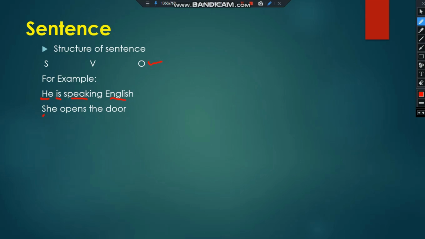Then we have this one, she, which is also a pronoun and used instead of a subject. This is a verb, and then this as a whole is the object. So this is how sentences in the English language are made with the help of these three important units: subject, verb, and object, right? Moving forward,